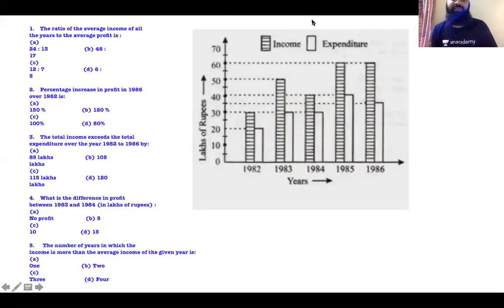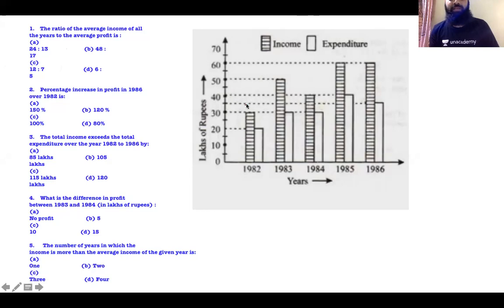Let's start with today's session. This is the first example. I'll explain it to you in detail. First one: the ratio of the average income of all the years to the average profit is. Now, if I look at the income,